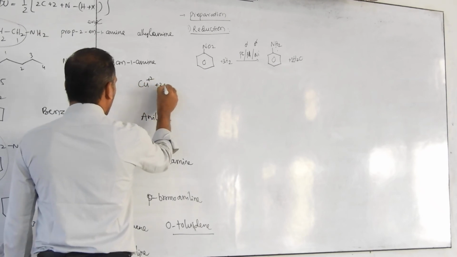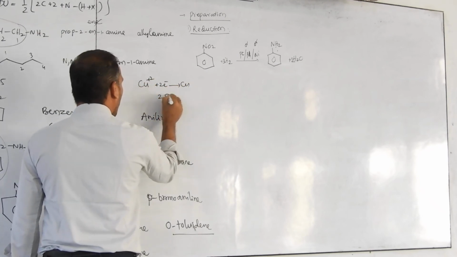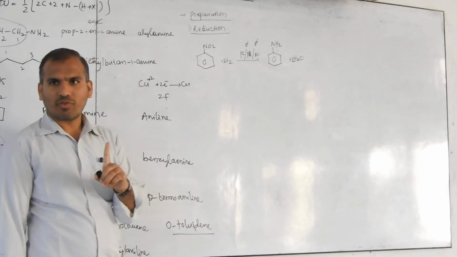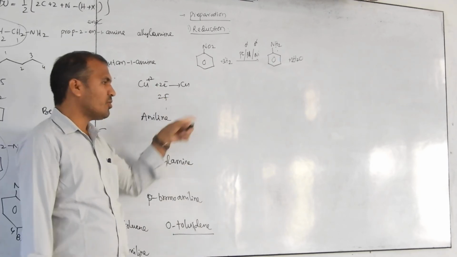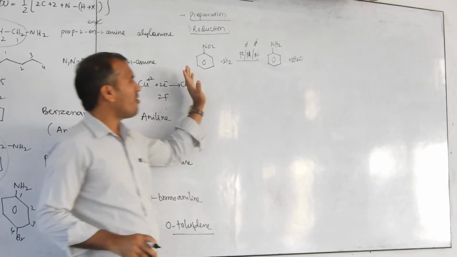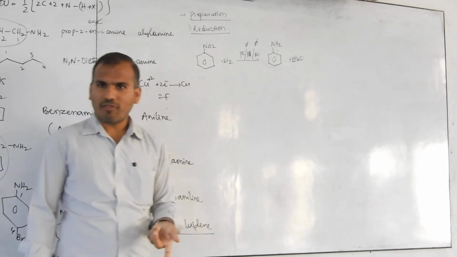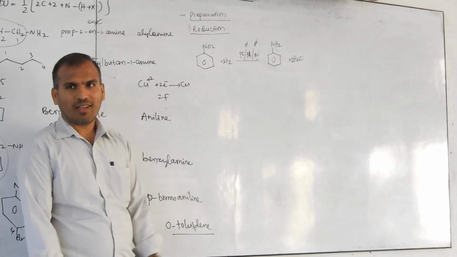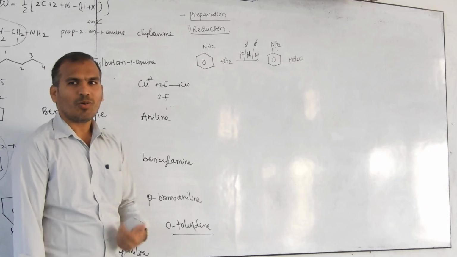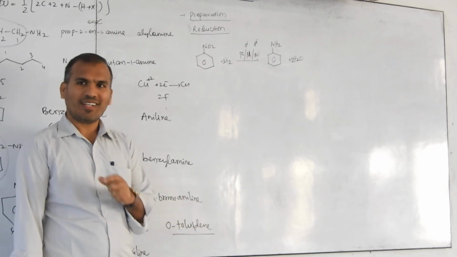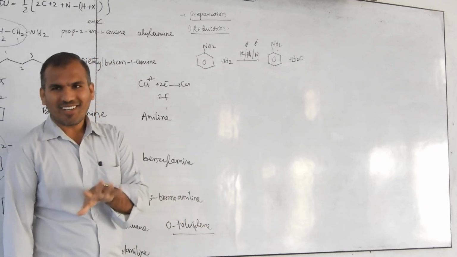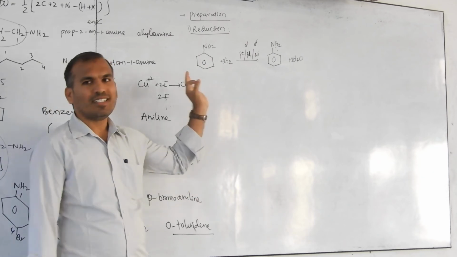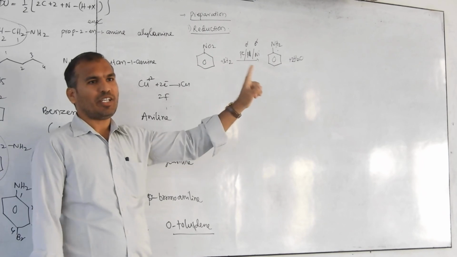Now you can study like this. Cu plus 2 electrons gives rise to Cu. How many Faraday? 2 Faraday of charge is required. 1 mole of electrons is what you call 1 Faraday. 2 moles is 2 Faraday. But here, for conversion of nitrobenzene to aniline, how many Faraday of charge is required? Electrons are not appearing anywhere. When electrons are not appearing, how do you calculate? That you have to learn in electrochemistry or the redox reaction chapter. If I discuss it, it is time taking, but I am telling you the answer is 6 Faraday. 6 electrons will be exchanged.